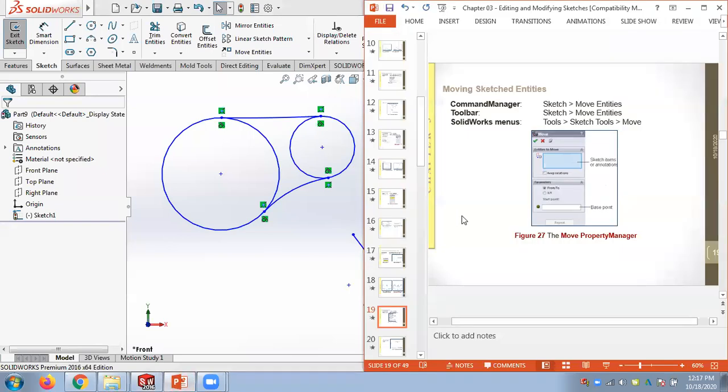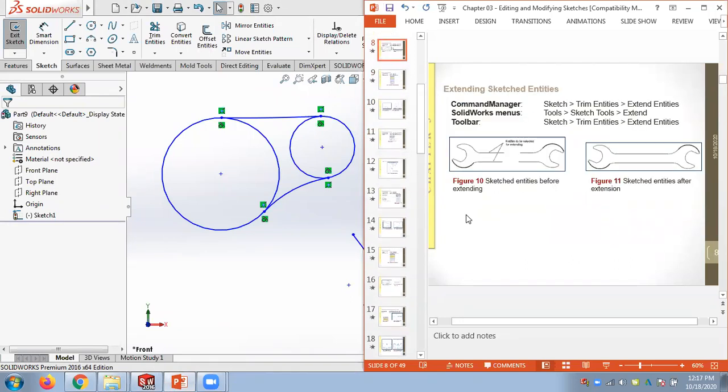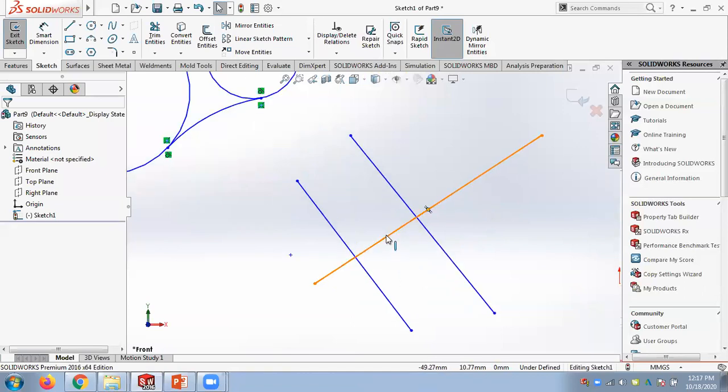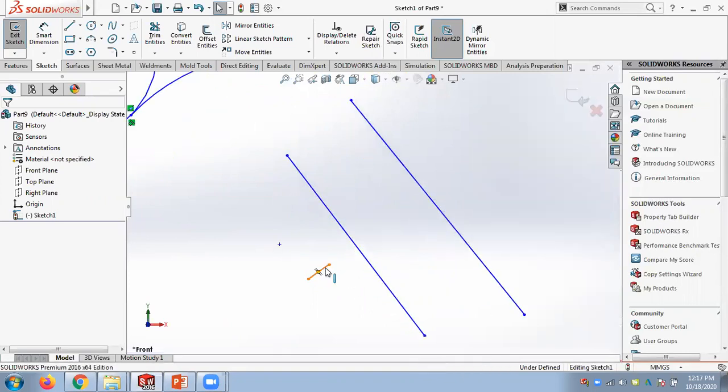Now there's another tool which is the opposite of trim. It's called extending tools. So extending tools, we can extend the required lines up to the required point. So for an example, if you have something like this, if you want to extend this line up to this boundary or up to this boundary, we can use this extend tool. So we select the boundary and we can extend up to this.